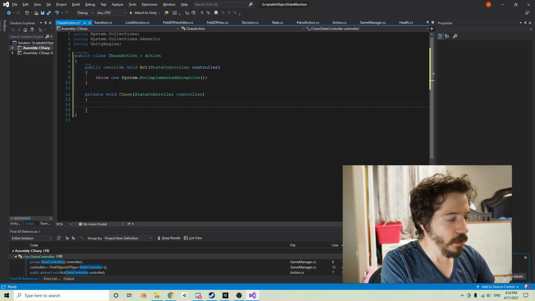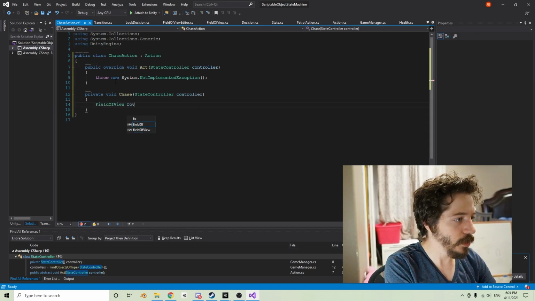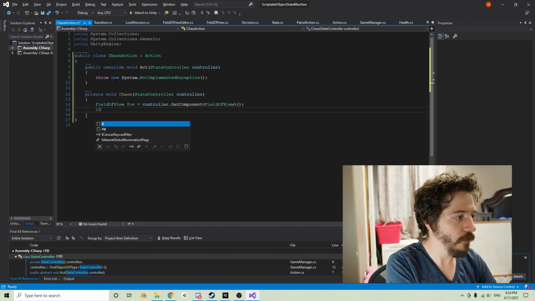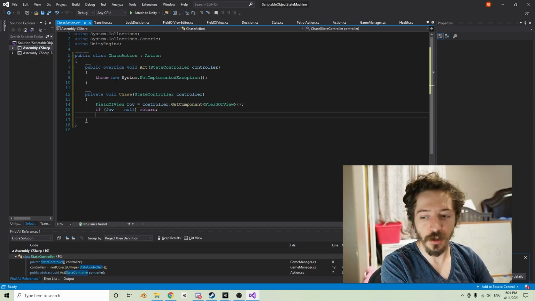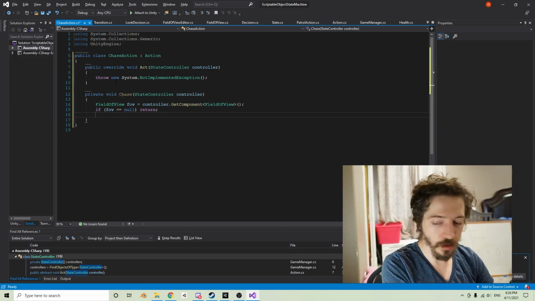All right. And so for this chase one, basically, we're going to get the field of view because we want the target, right? So we're going to do controller.GetComponent FieldOfView. Okay, so now we're going to always check if it's null. There's no reason to really for this demo because it's never going to be null, but it's good practice to do null checks. I don't think I've done it for some of the stuff, but if it's null, return, so we know. You could even do a Debug.LogError, or whatever you want. So if it's not null, then we will do